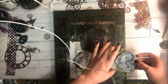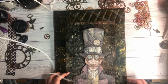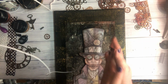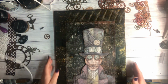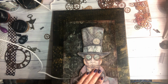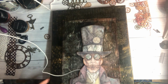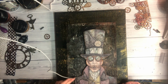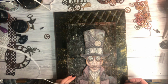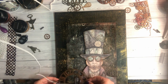Okay, so let's turn this over, pop this on there. Just pressing down on it from the other side. Now this would normally dry, but I'm down in my garage. It's so cold down here and so damp that things just take forever. But I really like that. I like how it's been given just that 3D element. So,